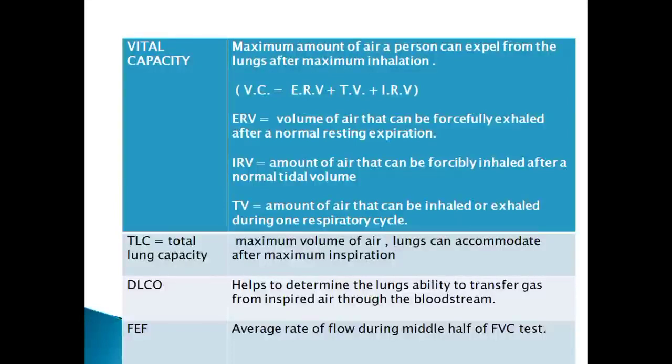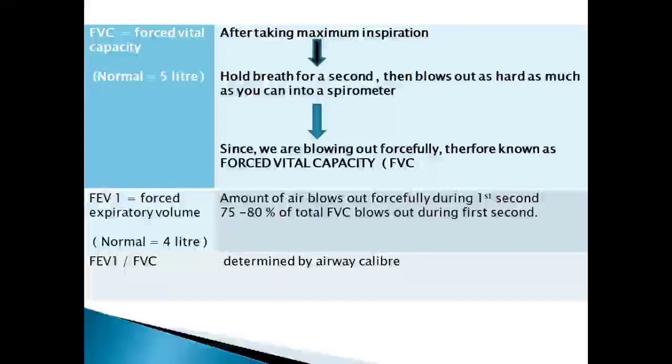First, we were trying to understand what vital capacity is, and we should have a clear concept in our mind. What is TLC? By the name we can suggest: total lung capacity. When we measure a capacity, something is going inside it. So when lungs are loaded with air, how much air the lungs can accommodate is the capacity of the lungs. So that is the total lung capacity. What is FEV1? Forced expiratory volume in 1 second.